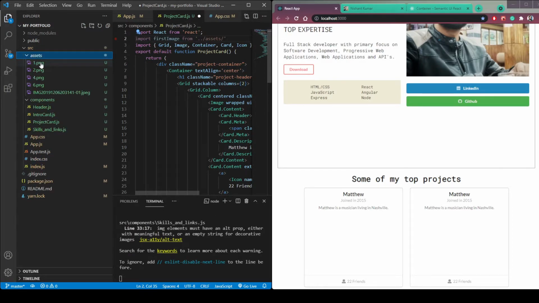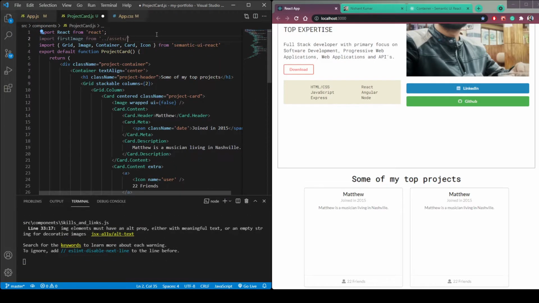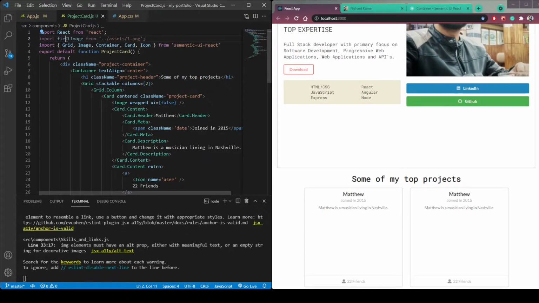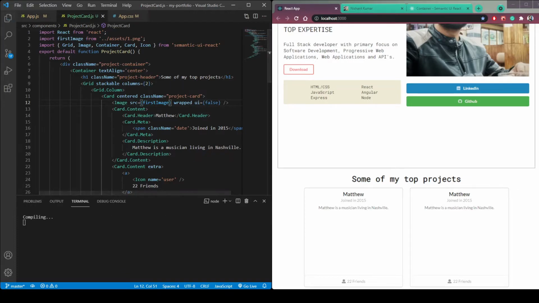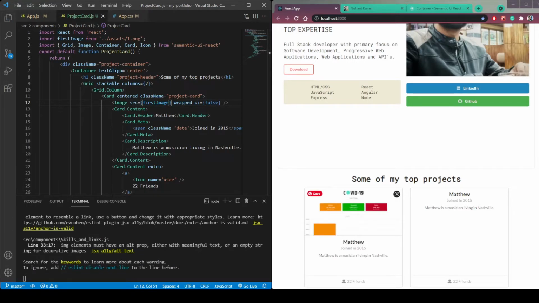I have four sample images of my projects. If you want, you can use yours also. So save it, and then in this image use src, then a curly bracket, and then paste this link here in the src. And now you can see our image is here, first image.